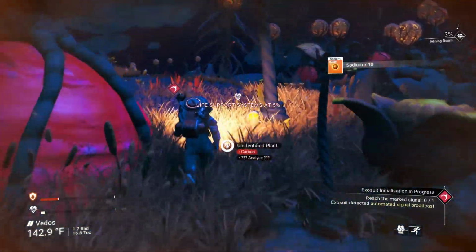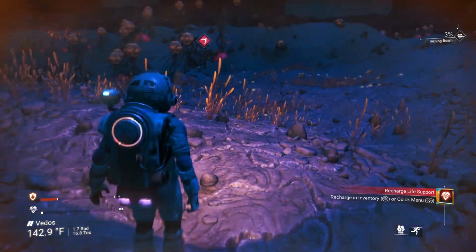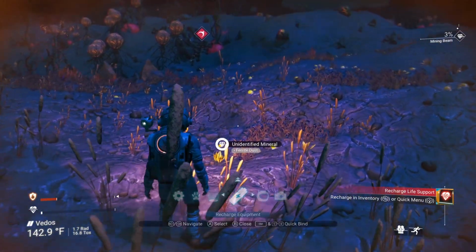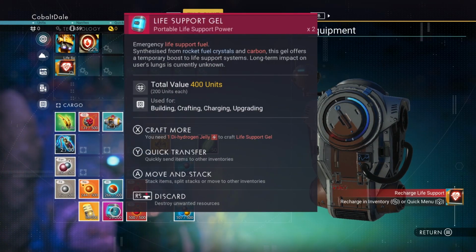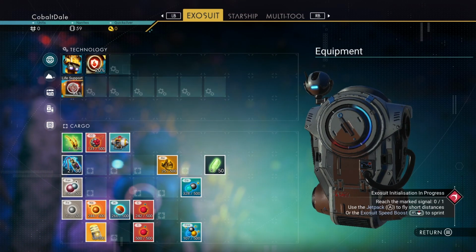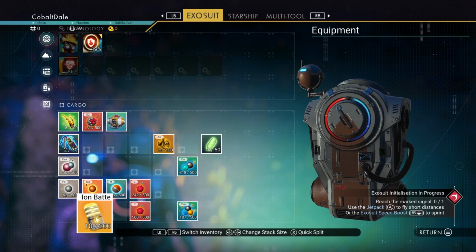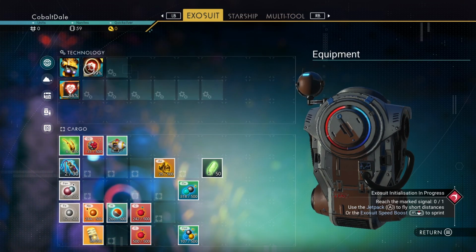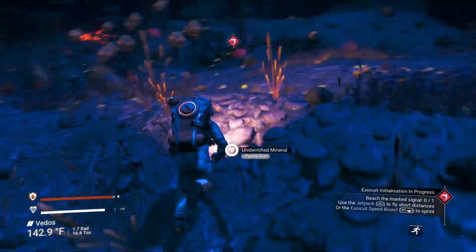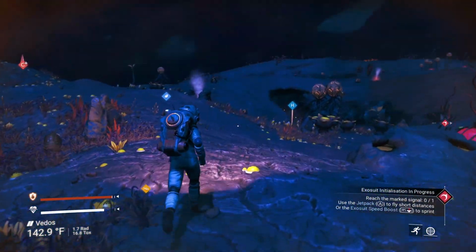Hopefully we can get over to our ship soon. Our health protection is running down. We're gonna need to go into our inventory. We're gonna use a healing gel to recharge our health. We're gonna use a hazard battery and recharge that. So let's keep going. Do a little scan, see what we can see around here. Ooh, there's another